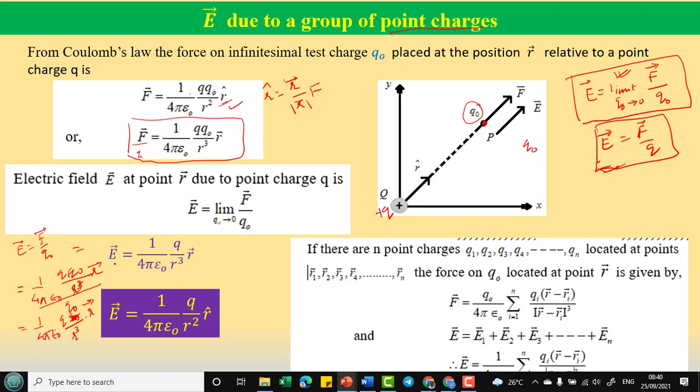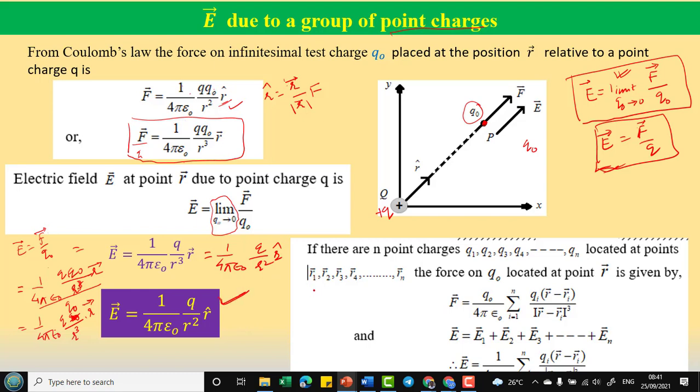So what we get, E is equal to, here we have ignored this limit, right? Because we are ensuring that, and it is not necessary to write that. It is just for ensuring, not mathematically needed, just to ensure that this q naught is small. So it is not required to write everything, because that is to be understood. So E is equal to 1 over 4 pi epsilon naught q over r cube position vector r, or that is also equal to 1 over 4 pi epsilon naught q over r square, and here we will write the unit vector, right? So that is the same thing that I have written there.